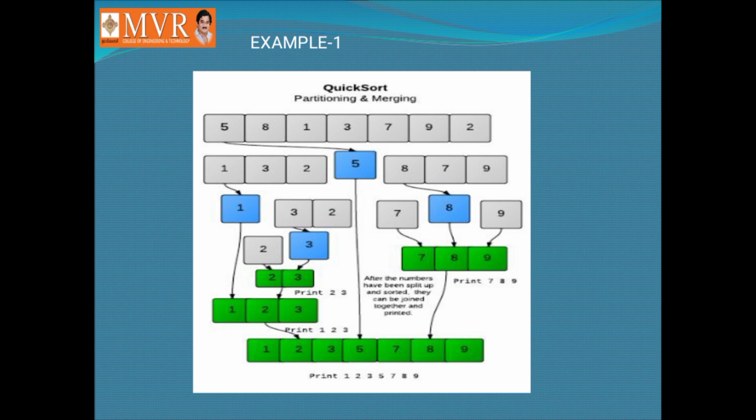Here I considered 5 as my pivot. The process starts by considering any element as the pivot element. Now for our convenience, I have already told you to assume the first element as the pivot element. Now compare our pivot element 5 with the last position element, that is 2. 5 is compared with 2. Then the list becomes 2, 8, 1, 3, 7, 9 and 5. Like that, continue the process.